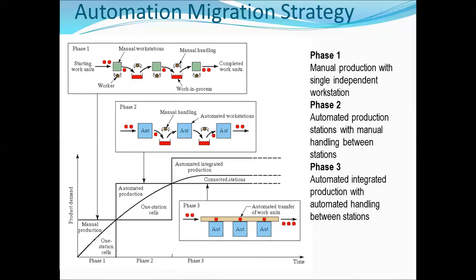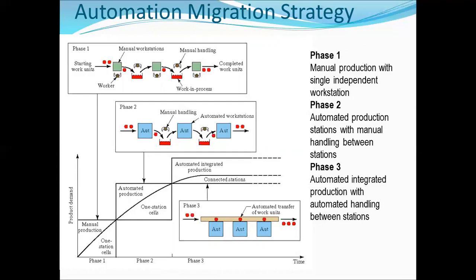For example, the strategy allows introduction of a new product in the shortest possible time, since production cells based on manual workstations are easiest to design and implement. Suppose there is any change coming in the part, then it can be easily done because all these operations are manual, so there is no need to use separate time for programming or any change in the system. We can easily handle the situations.